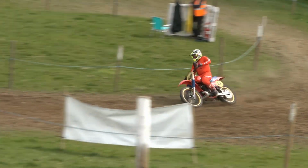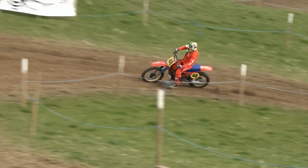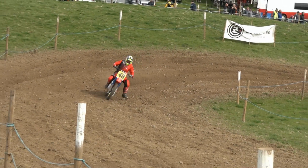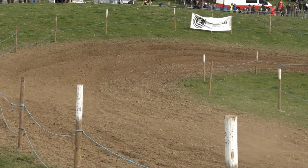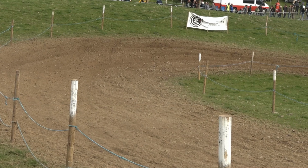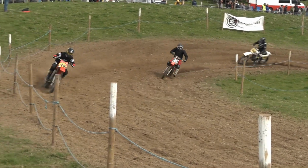Now, as I remember, I think this bike here of Mark's was all prepped by Stuart Bland, who did all the engineering work, converting it from a monoshock bike into a twin shock racer. In second place, it's still number 44,